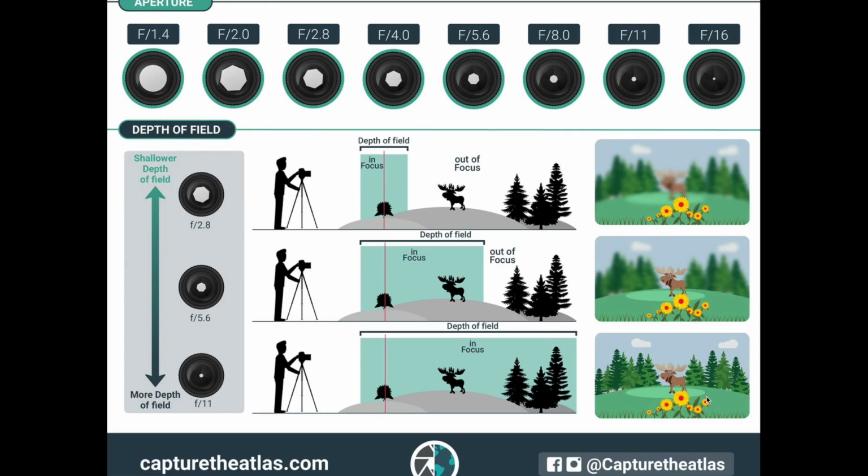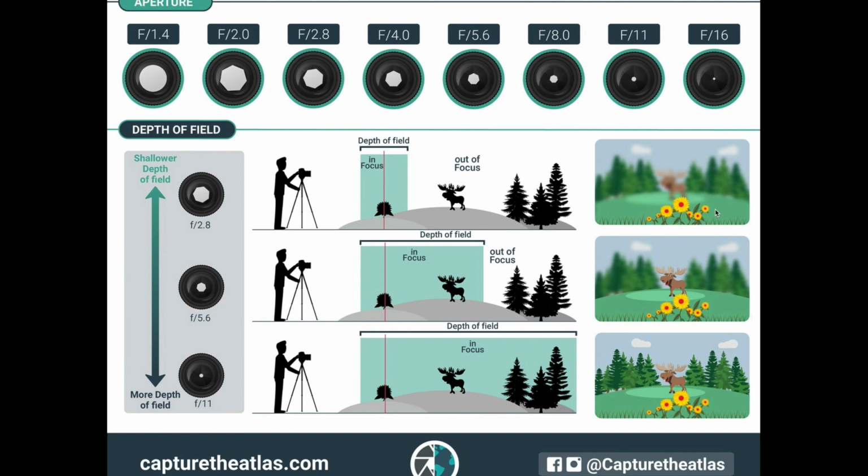DOF, or depth of field. As you get to understand your camera better, we're going to have a range of, here we're looking at an example from f1.4 all the way to f16. If you notice that at 1.4, we have shallow depth of field. Compare that to f16, we have deep depth of field or more depth of field. So let's look at this a little closer from